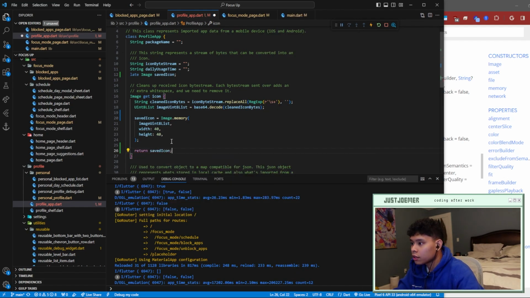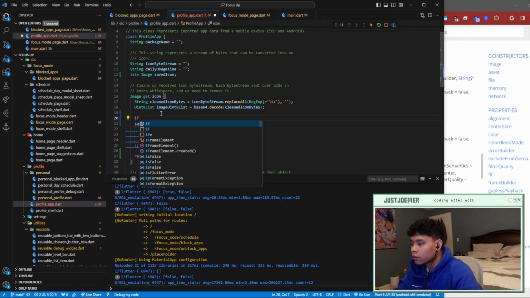Turn save icon, and we should say if saved icon dot